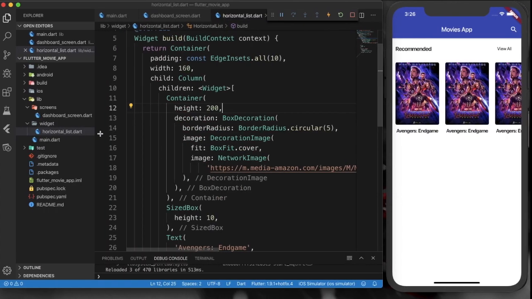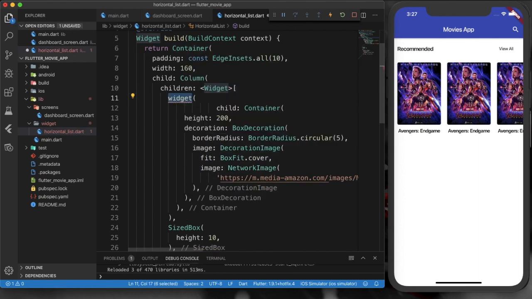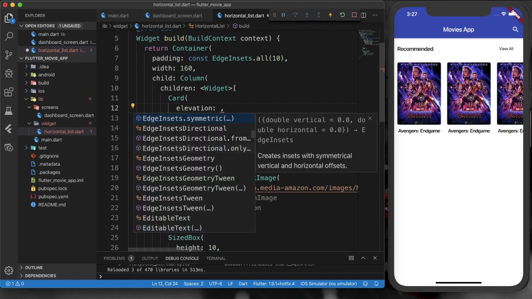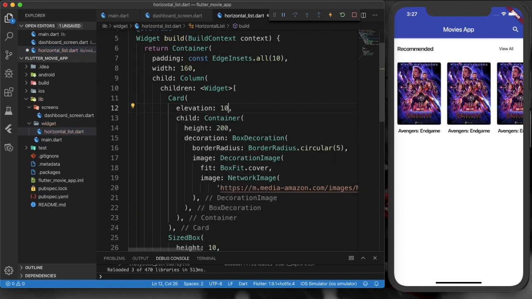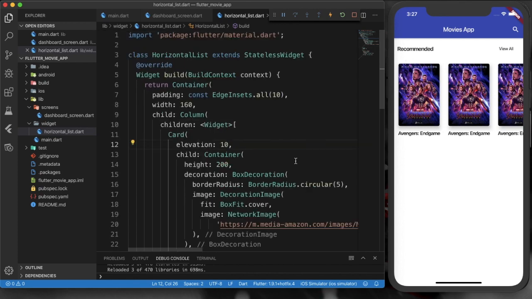So to give the shadow, we need to wrap this image container with a card widget. So for that I will wrap it with a new widget. The widget will be card, and elevation for it I will give 10. And now I think it is still having some extra space, so for removing that space we need to